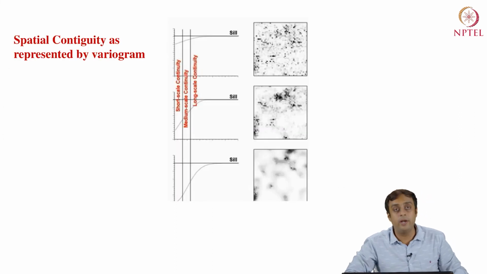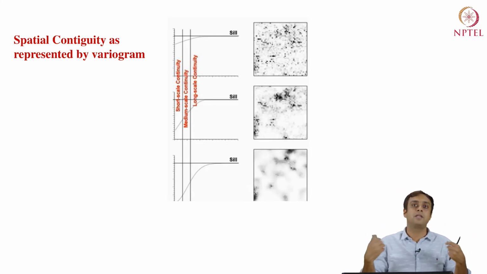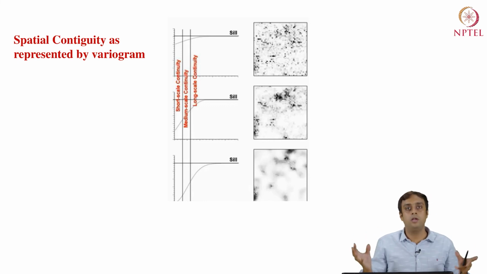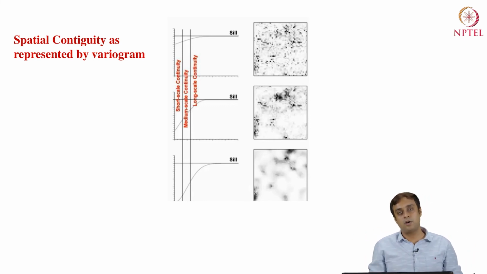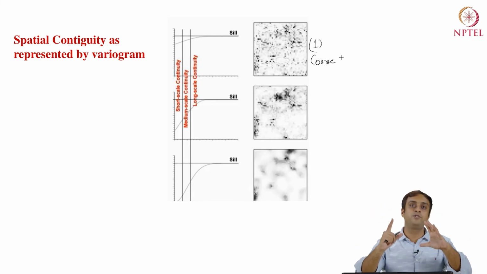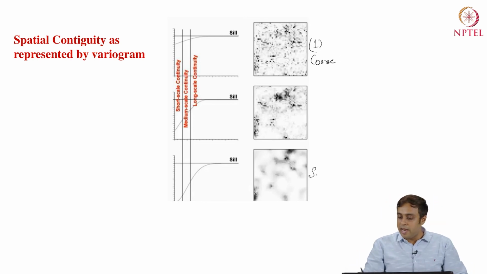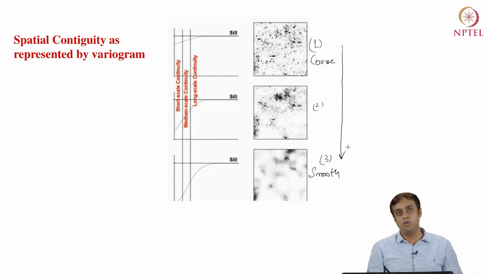Finally, spatial contiguity, which is a smoothness in the data set. Overall, large scale spatial contiguity means how spatially dependent values are in their local proximity. Now, if we look at the first figure, it is a coarse image, right. Let's say you pick a picture from your camera, you keep zooming, and you come to a very coarse pixelated understanding of the world. Whereas, you can have a smooth image, which is let's call this image 3, and from 1 to 3 we are moving from a coarse to a smooth image.